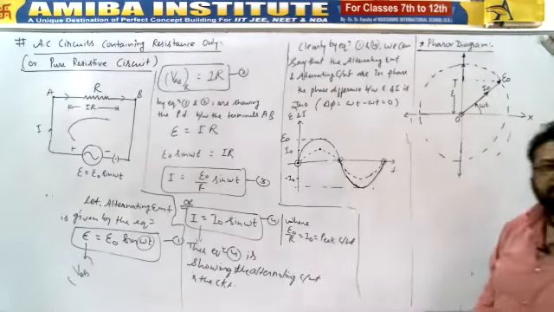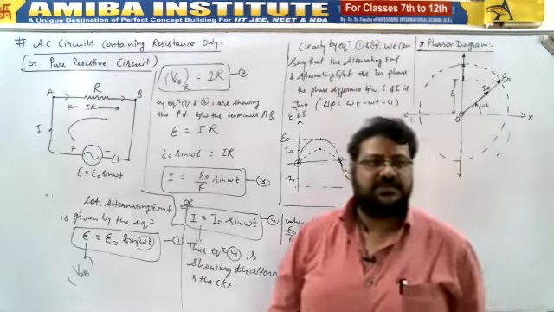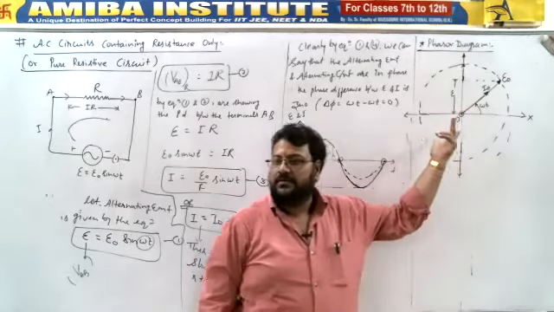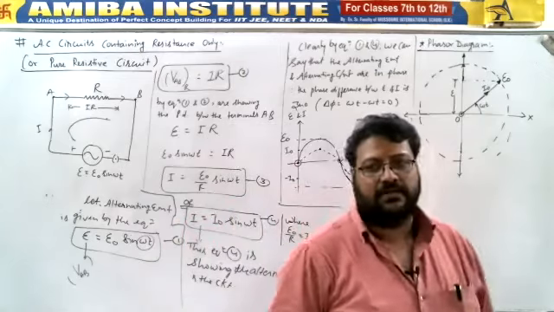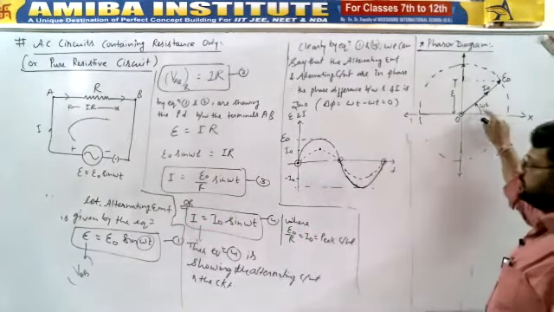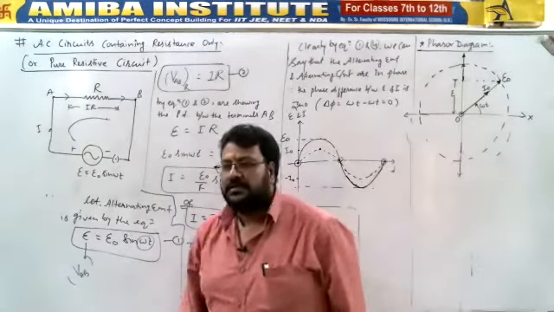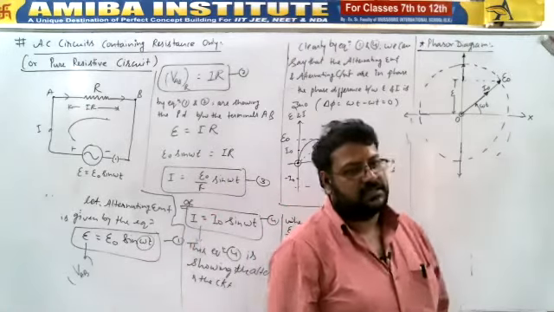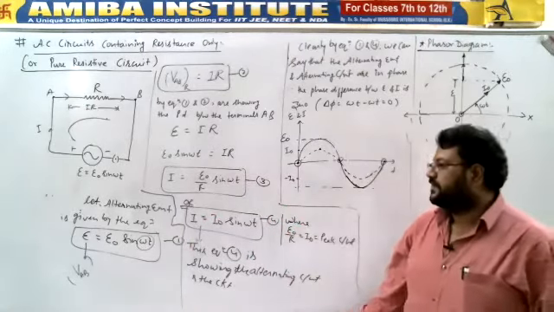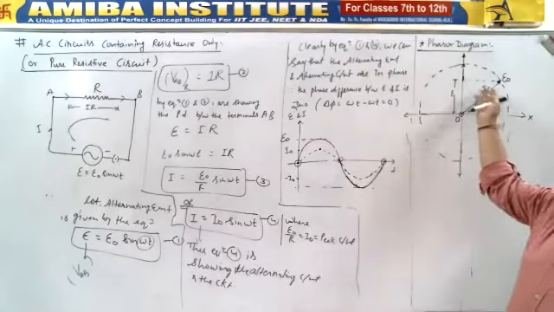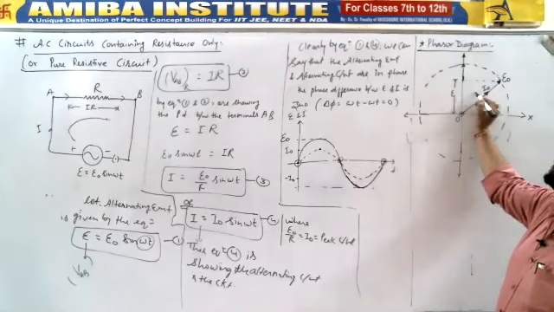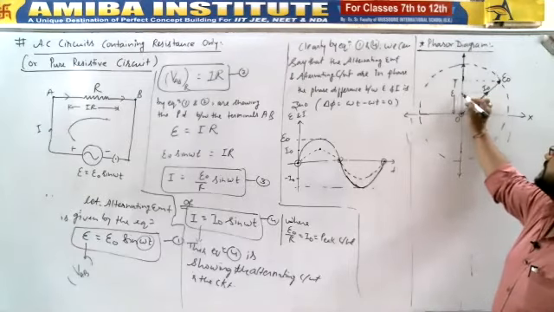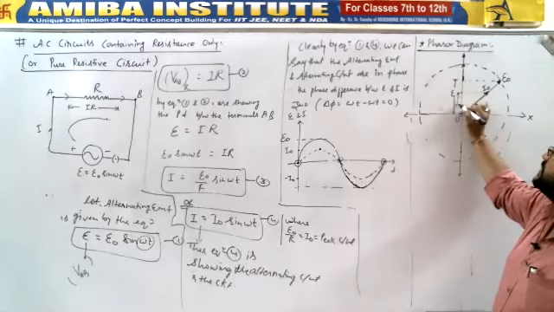And on the same line we show what's the phase difference between them? Omega t minus omega t. They are making the same angle, no phase difference. So they will be moving with the same angular velocity because we have shown this is also omega, this is also omega. They are in phase, no phase difference. So that's how both will be moving in the same manner. And the projection of I naught taken on the y-axis should be known as the instantaneous value of alternating current, that is I.